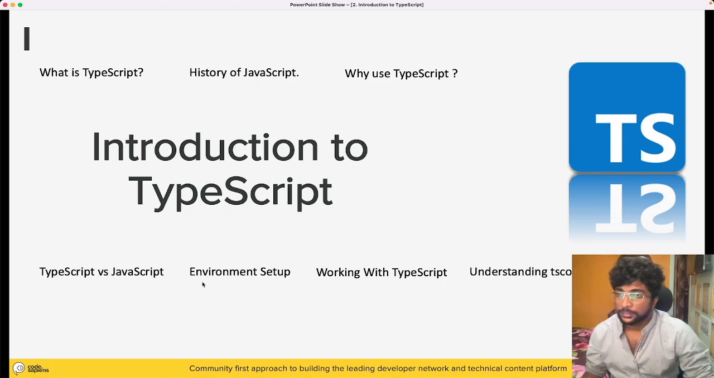And the last, most important thing is understanding the tsconfig.json, right? The tsconfig.json is, I would say, the one that gives direction to a TypeScript program: how to understand it, how to execute it, and what the behavior of execution and compilation is, everything, right? So we'll understand